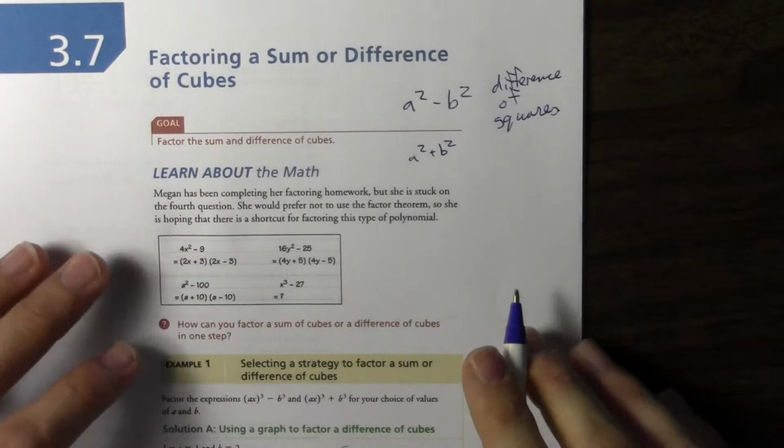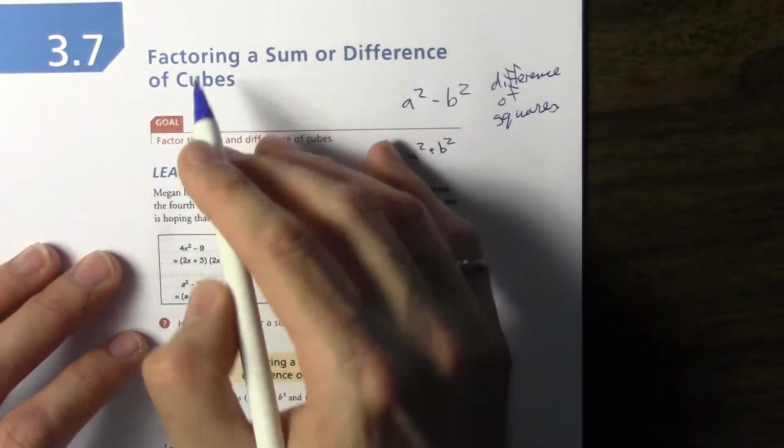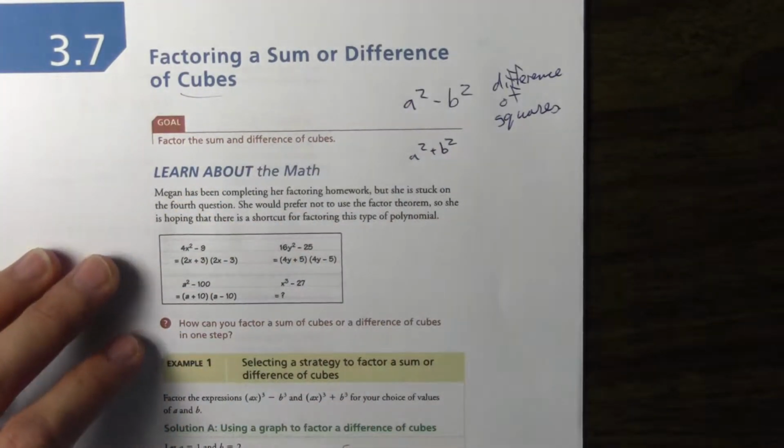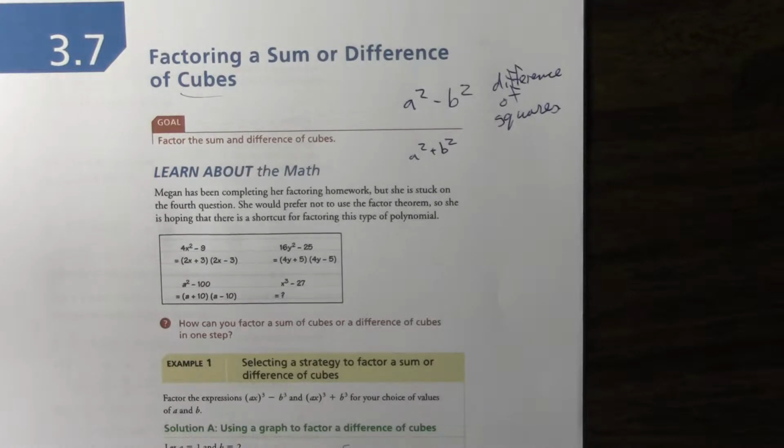Okay. So now we're going to do the same thing, but this time for cubes. Who wants to read the three sentences here? Jonathan, you there? You read it, Megan? Megan has been completing her factoring homework, but she's stuck on the fourth question. She would prefer not to use the factor theorem, so she's hoping that there's a shortcut for factoring this type